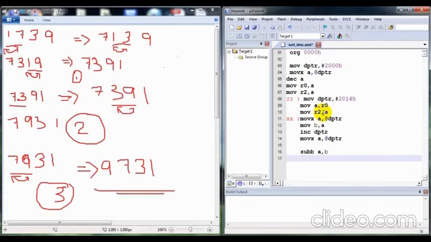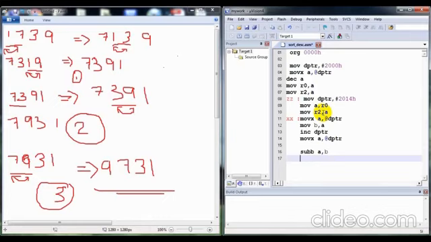That means the second value in the location will be less. If the second location value is greater, we have to swap it. Else we do not want to do anything.